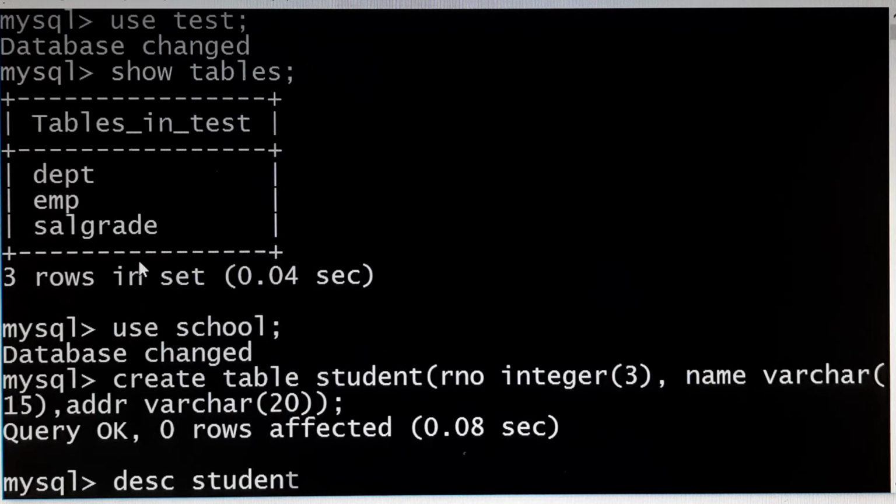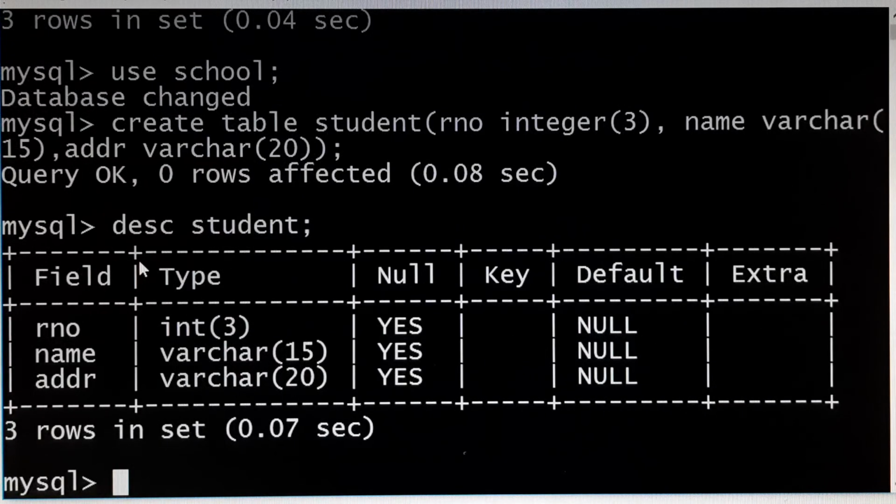Table name is student. So this is the description of the table. You have the fields like RNO, name, ADDR for address. The data types are int, varchar. So no constraints are applied here. We'll discuss the constraints in detail later. So this is how we can create a table.